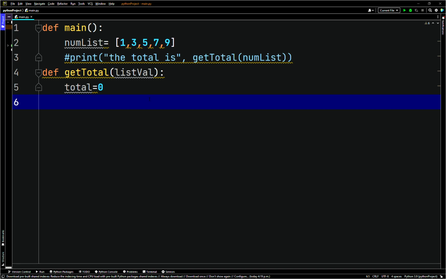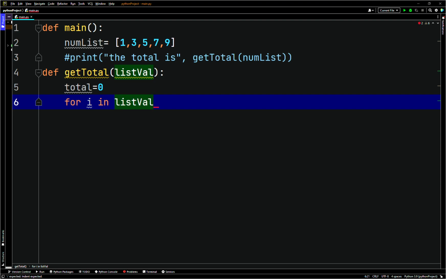So we'll say for I in list val, because we're going to pass it to whatever the parameter is. We'll just call it whatever the list is named previously. We're just going to call it list val generally now. So for I in list val,